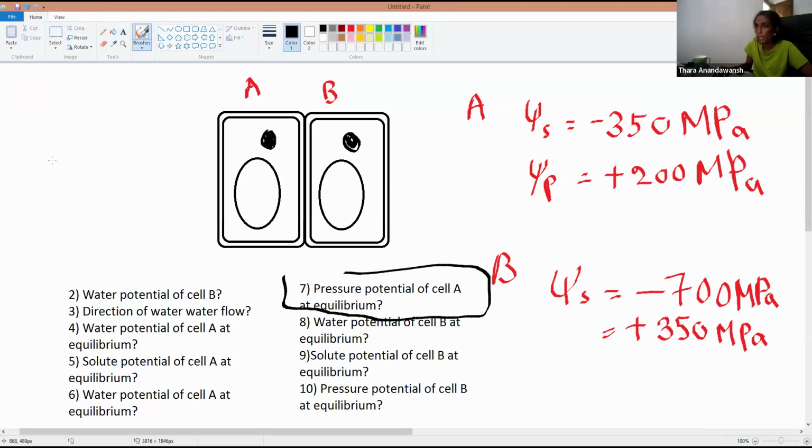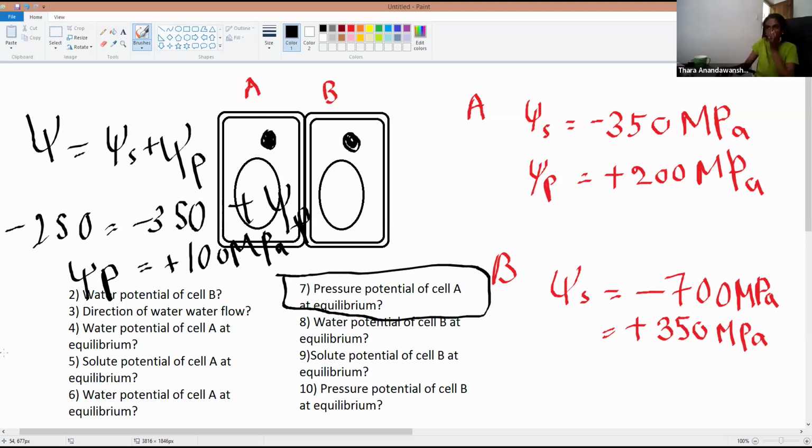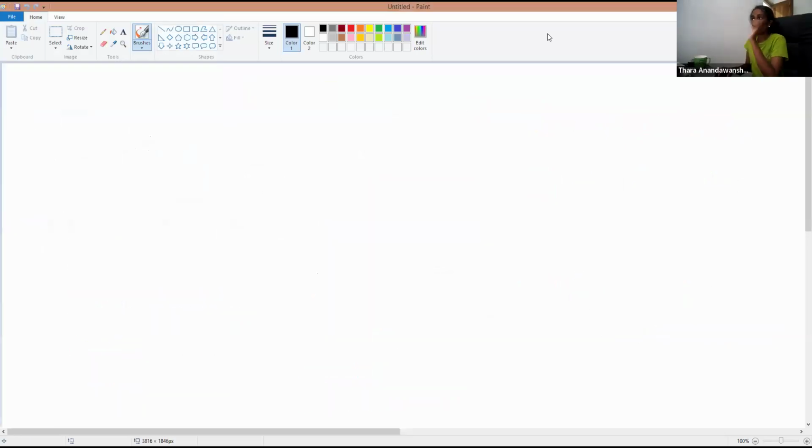Psi is equal to psi s plus psi p. Psi is minus 250. Psi s is minus 350 plus psi p. Psi p is equal to plus 100 megapascals. Right. Okay now? Yes teacher. Now I'm going to a new page. Now we are going to talk about